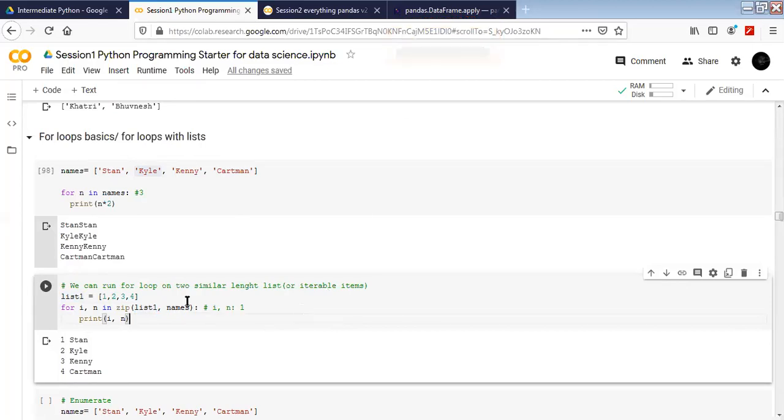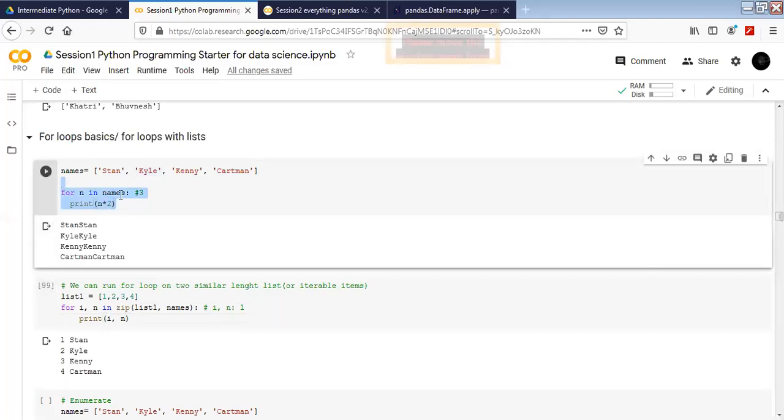Yeah, sure. So here what we had was a single list we wanted to iterate through. We wanted to run the for loop for a single list. What if we want to run the same for loop for two different lists with similar indexing or similar counting? So we were counting at 0, then we change it to 1, then we change it to 2.